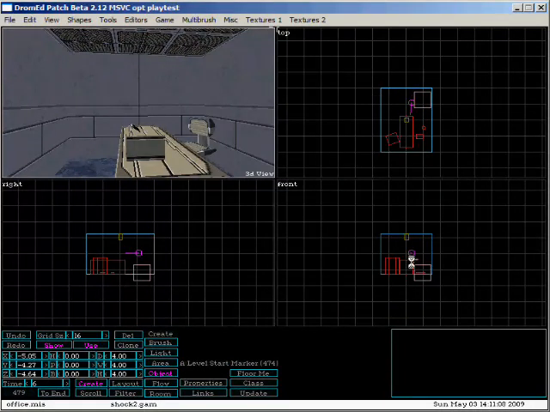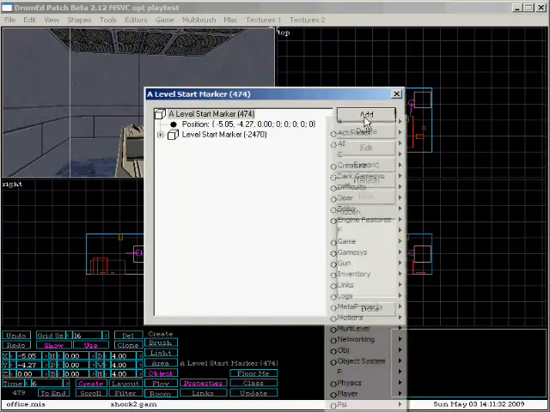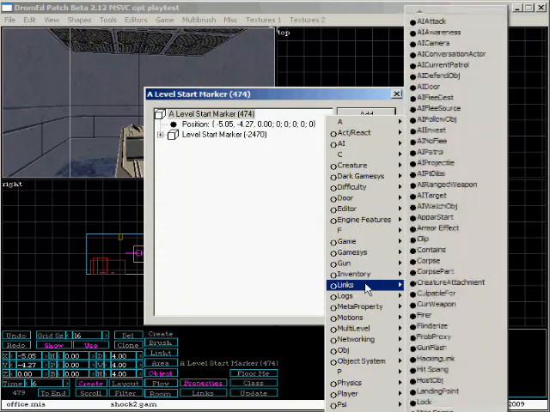This is something that will tell the game that I want to start my level at this location, hence the name level start marker. However, we're not finished yet. You don't just create this marker, you also have to go to the properties and add a link